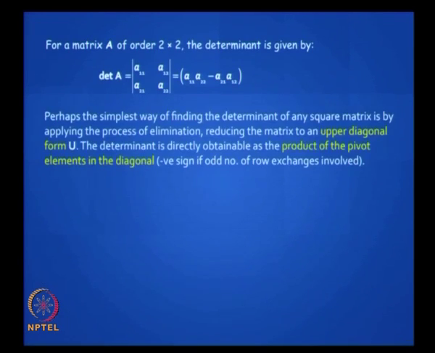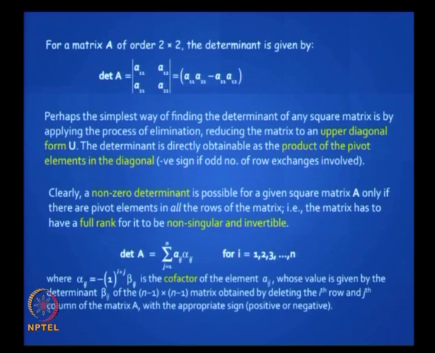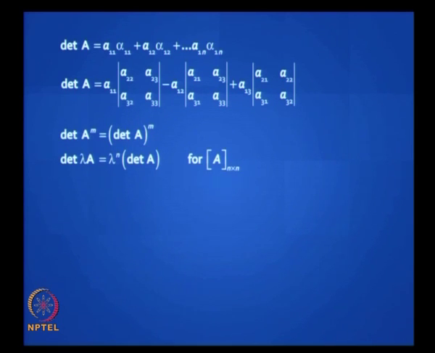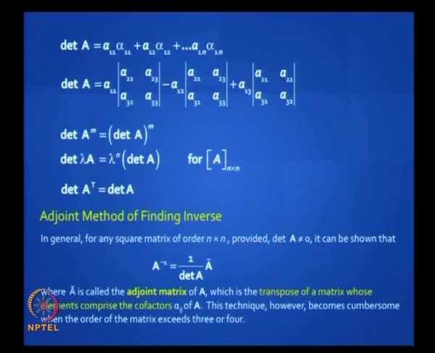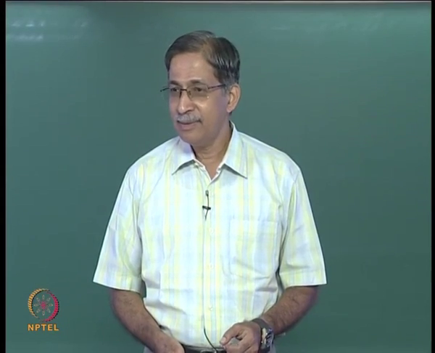So I think you are familiar with finding determinants, so we will not spend too much time on this. You know about cofactors, okay, you really do not need to do it in this course in matrix methods, but it is good to refresh these concepts. You know about the adjoint method of finding the inverse, yes or no? Okay, you know about Cramer's rule? No. Okay, so